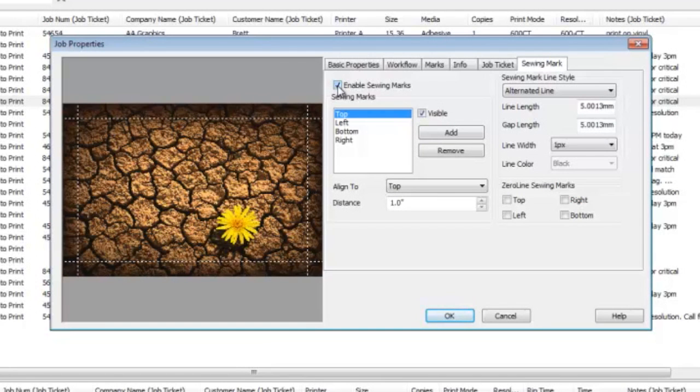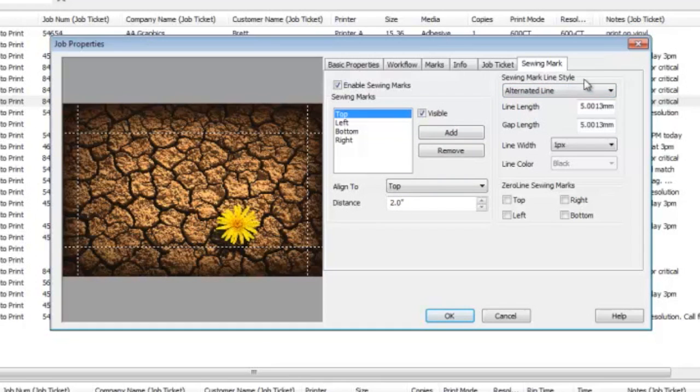This dialog allows you to control where lines will be positioned on the print and how they should appear. You can control the top, left, bottom, right. We can add additional information if we need to. In each of these settings, we can indicate where the alignment point will be and the distance from that edge. Here I will change the top and the bottom settings to be at 2 inches. You can see that reflect immediately in our preview.